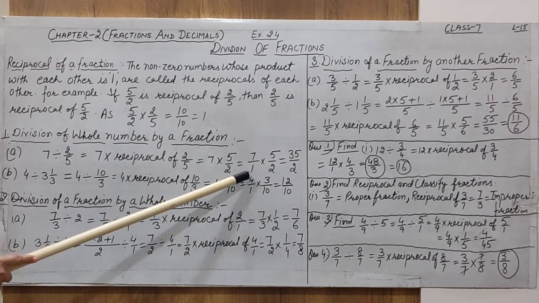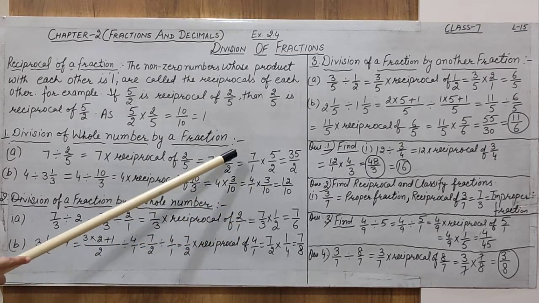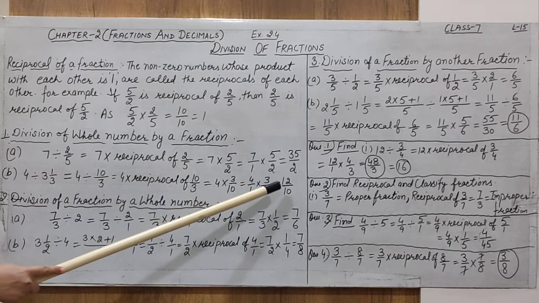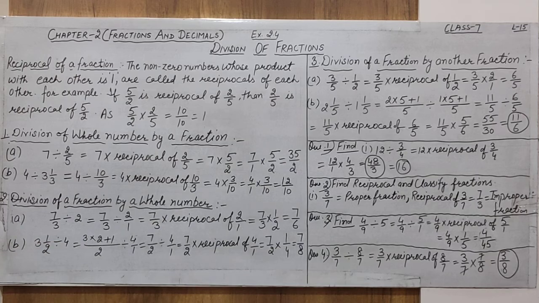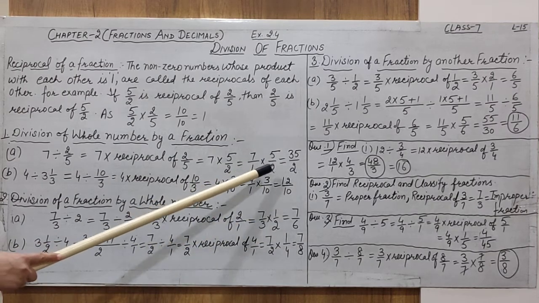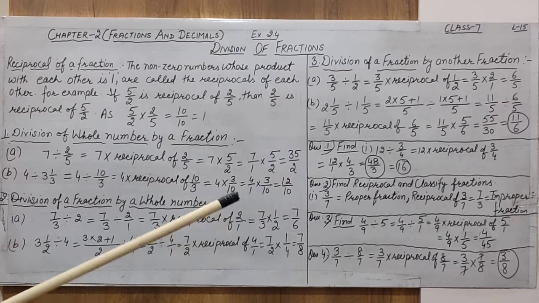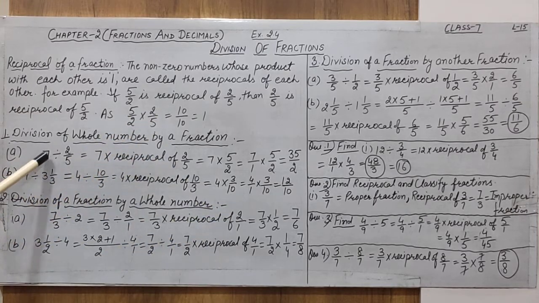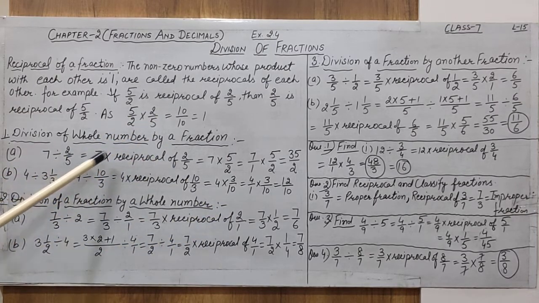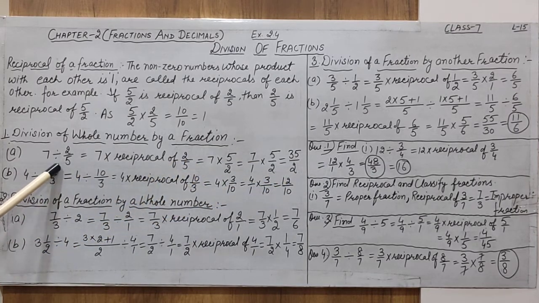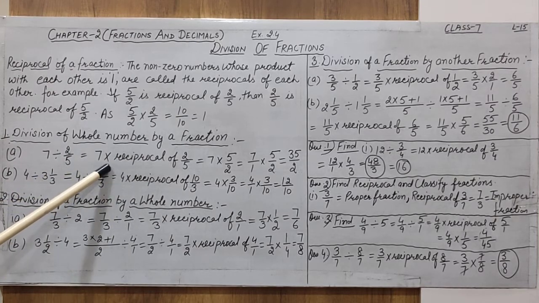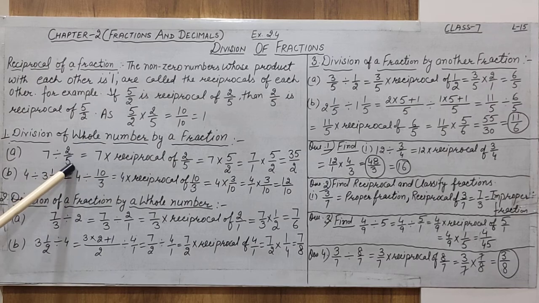Now how are two fractional numbers multiplied? The numerator with the numerator and denominator with the denominator. So 7 multiplied by 5 gives us 35 and 1 multiplied with 2 gives us 2. So the overall result of 7 divided by 2 by 5 is 35 by 2, but not with the help of the division sign. We have to take help of multiplication, but multiplication with not 2 by 5 but the reciprocal of 2 by 5.